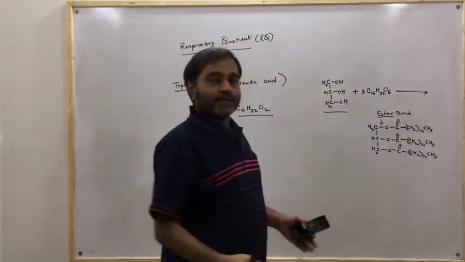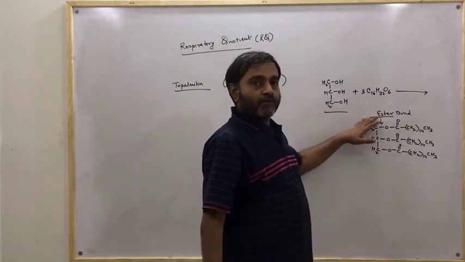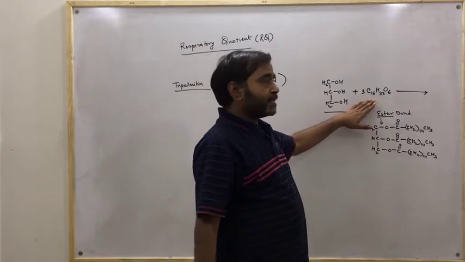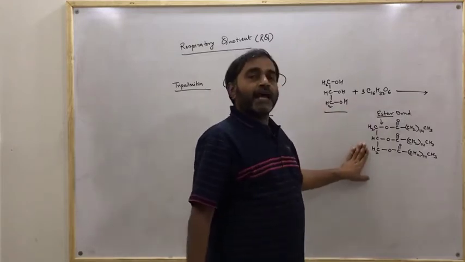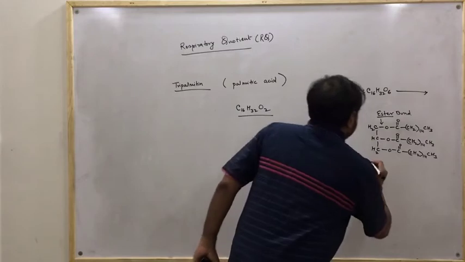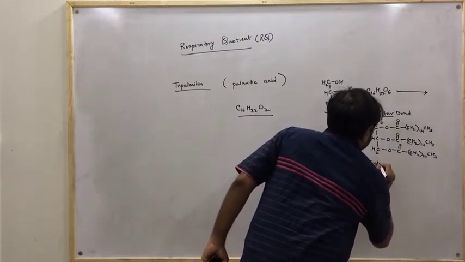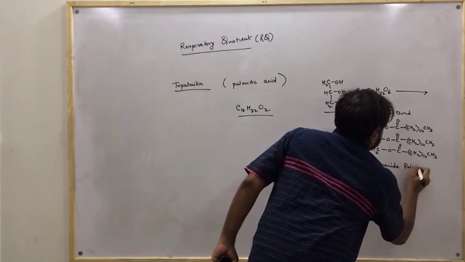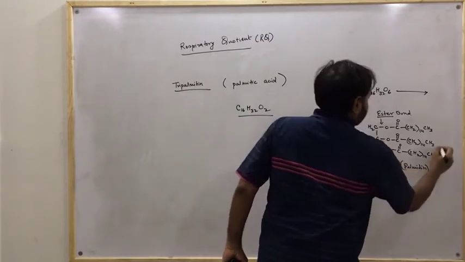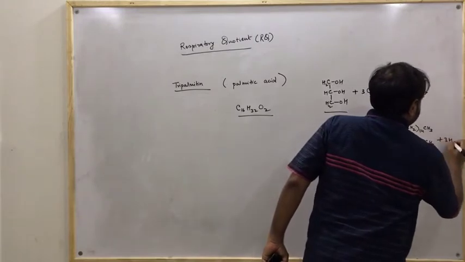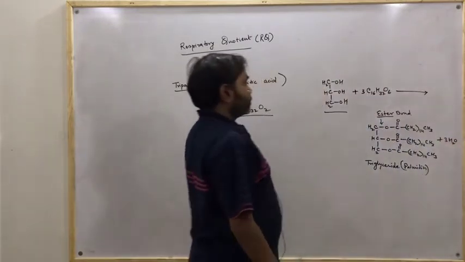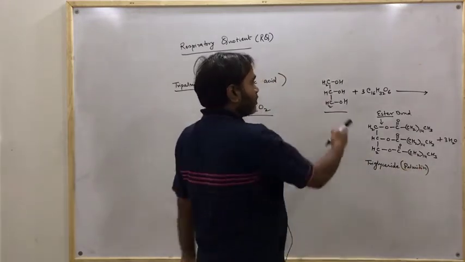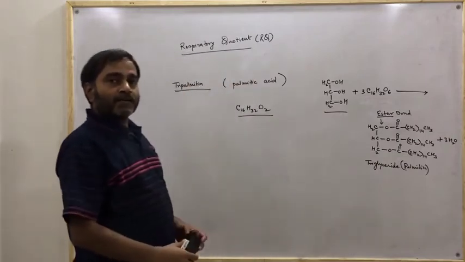Most of the time people are not aware of the ester bond which is present in triglycerides. So all three molecules of fatty acid will react with glycerol and triglyceride is obtained. This is a triglyceride, plus water. So you may write like this. So this is the reaction, or you may say the formation of triglyceride from glycerol by combining with